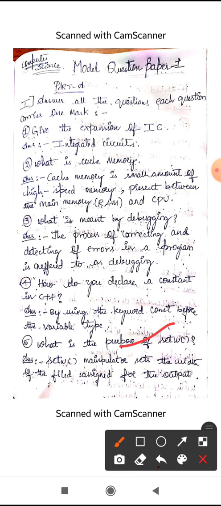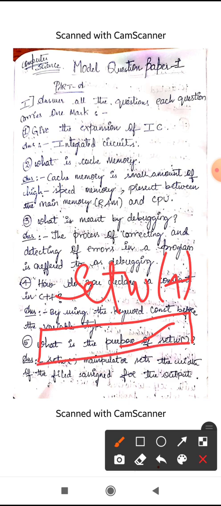For example, if you have setw of 4, then the field allocated for the output will be 4 places. So 4 spaces of width will be allocated for the output by using the manipulator called setw. So setw is one of the manipulators, and it is used to set the width of the field assigned for the output. Okay.